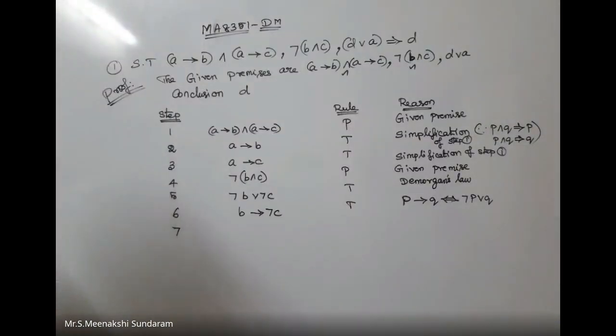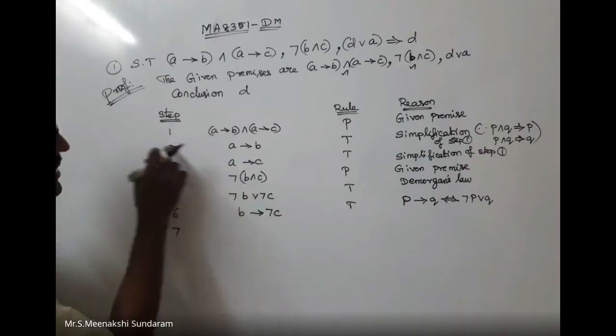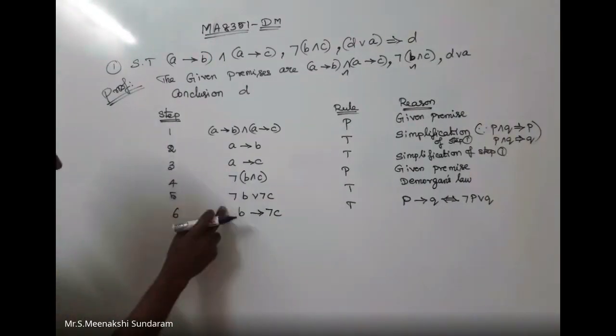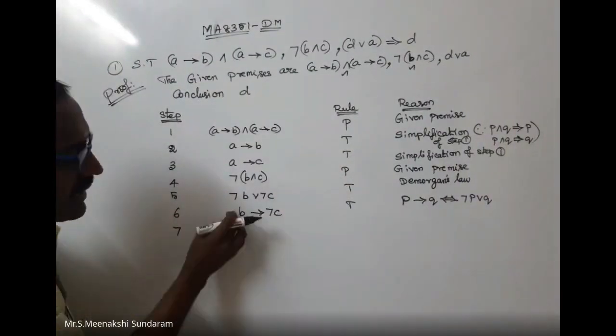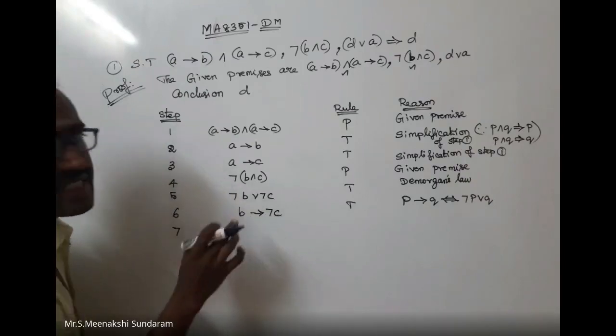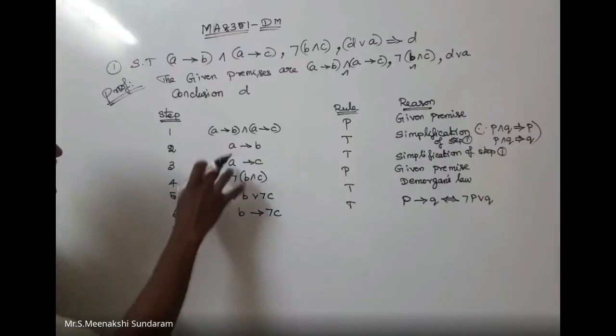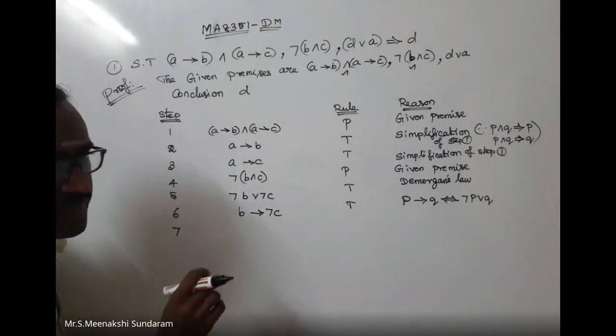Seventh one. Now, can you see any other formula? Seventh step is reduced. I can use these two steps. I didn't use one; these are the formulas. These two steps I didn't use, only for reducing. Can you use the formula A to B, B to negation C? Any other formula can I apply here? A to B conditional, conjunction, B to negation C. Which formula? Conditional as disjunction, simplification.